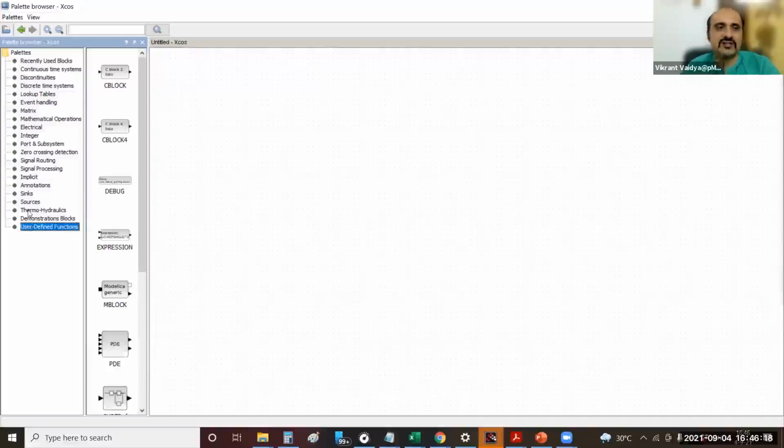At the minimum, these should be there. If you have downloaded a later version than 6.1 and installed it, you may have something more as well, but these should be there. If you can confirm that all of these palettes are visible to you, just say visible in the chat window.